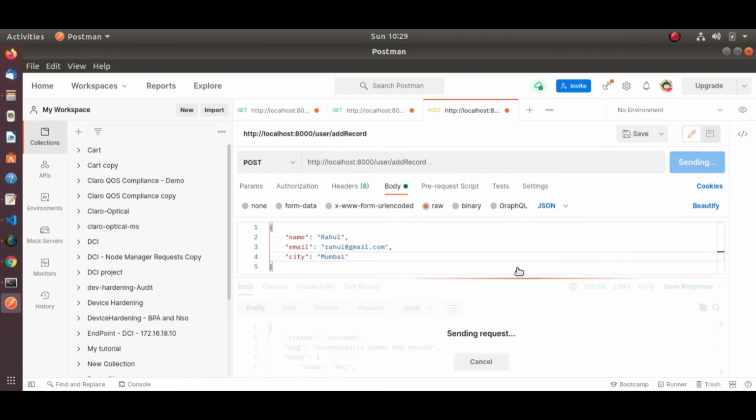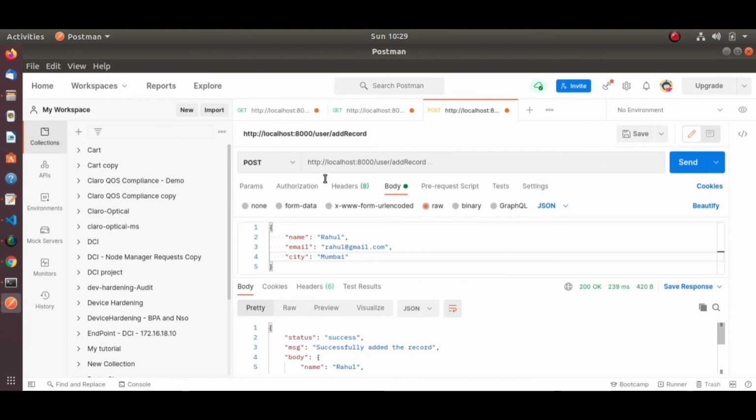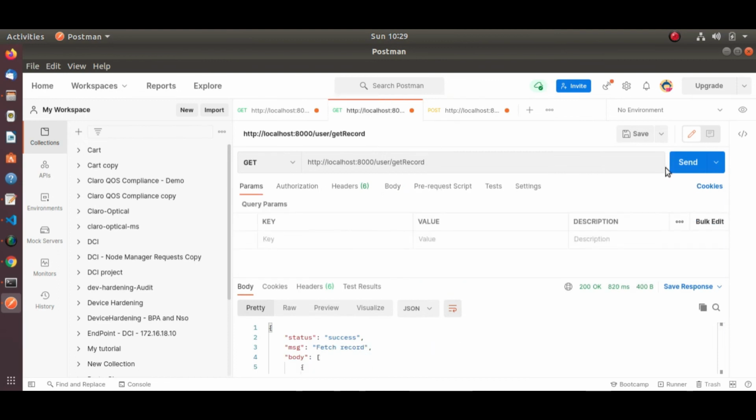Let me create this record again. Let me see whether those records are there or not. See, this is the first record, this is my second record. So it has been inserted into the database.